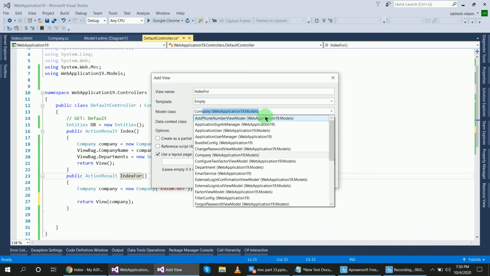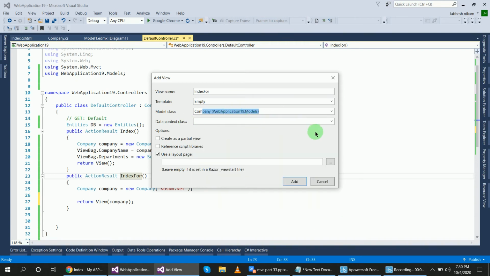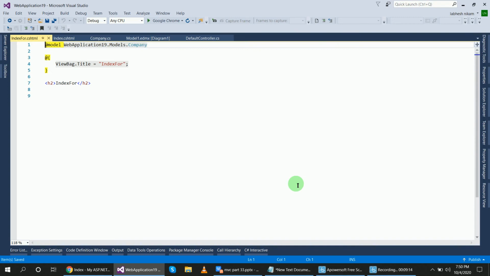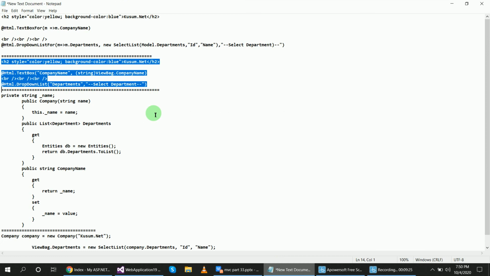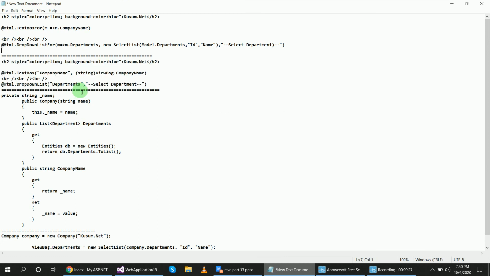Okay, CompanyWebApplication19.Models. This is my application name and .Models. So leave this data context class, add. Okay, you can see here now my model is added because I want a strongly typed view. So I have created already. Let's copy and paste it.